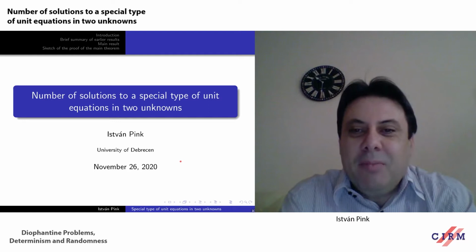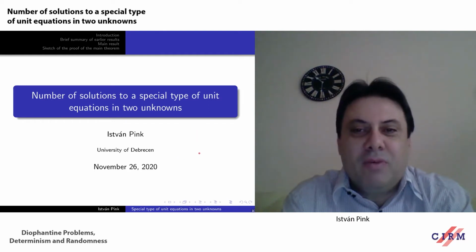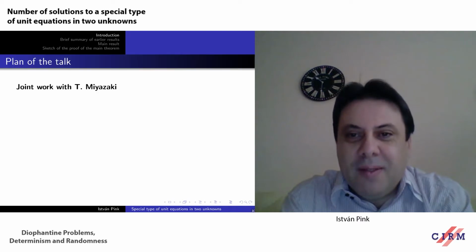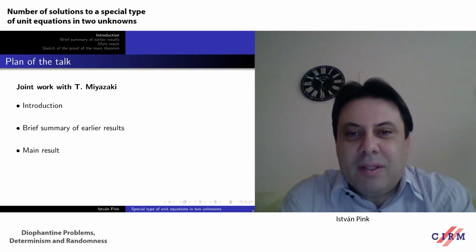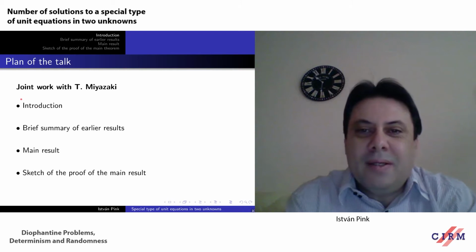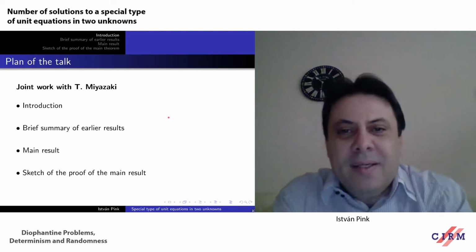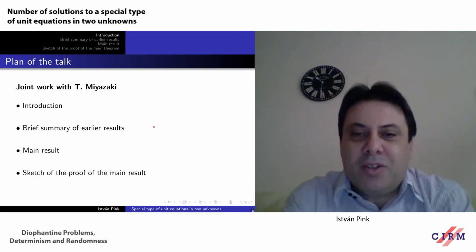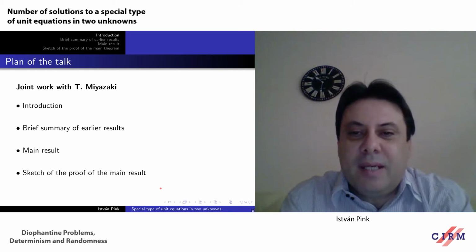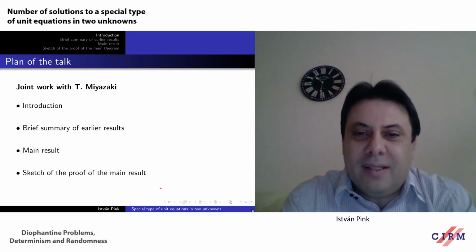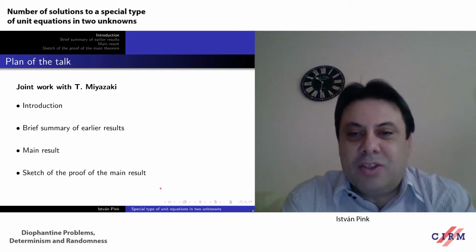And in my talk, I will speak about the number of solutions to a special type of unit equations in two unknowns. Some words about the plan of the talk. This is joint work with my Japanese colleague Takafumi Miyazaki, and after a short introduction, I will give a brief summary of earlier results. After that, I will present the main result, and after that, the sketch of the proof